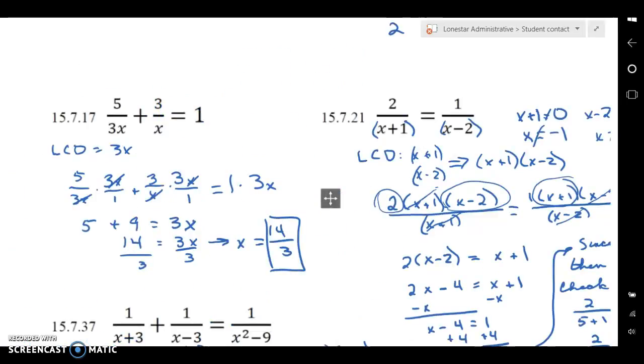In the next problem, we have 1 over x plus 3 plus 1 over x minus 3 equals 1 over x squared minus 9. First, let's look at our denominators and find out what x is not allowed to be. So what will make this denominator 0? That would be negative 3. X cannot be negative 3. Here, x cannot be 3. And so when we plug that in,